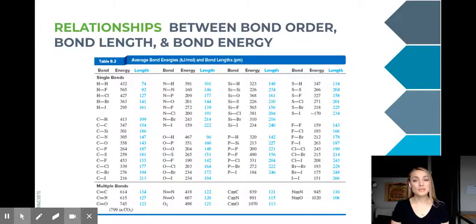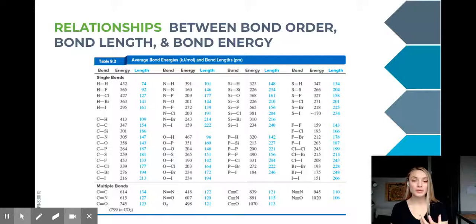When it comes to covalent bonds, we can see some pretty interesting relationships between bond order, bond length, and bond energy. This table is pulled right from your textbook on page 353, so feel free to take a look at that at some point. But if you look generally across the board, some general patterns that we will see is that higher bond order, so double bonds, triple bonds, will generally have shorter bond lengths and higher bond energies. So that would mean that those atoms are being held together much more closely and much more tightly,